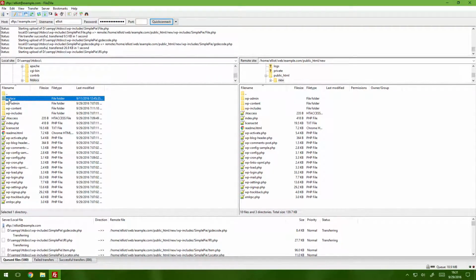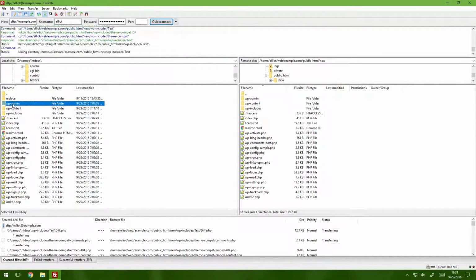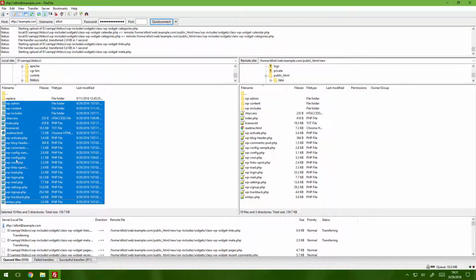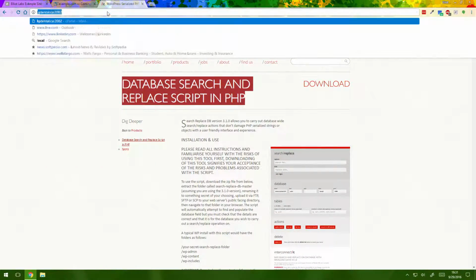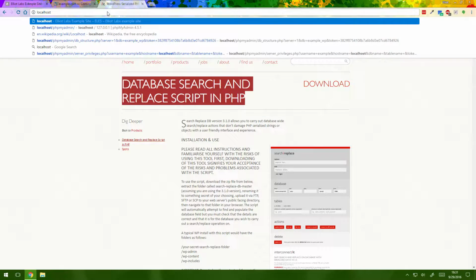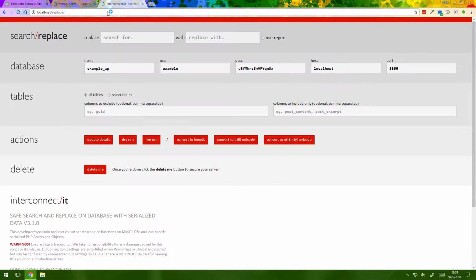So you'll see there's a folder called replace that I made next to the main WordPress files. If we go to localhost/replace, you will see that the search and replace tool is already set up. And of course, since this is an example website, you'll never be able to access it because I'm going to delete it afterwards. But it also automatically pulls the password and username data from the